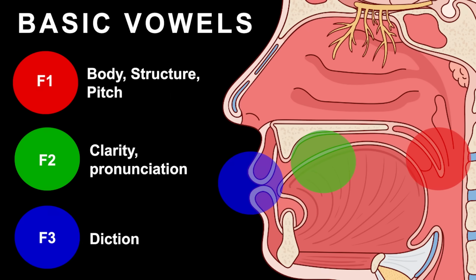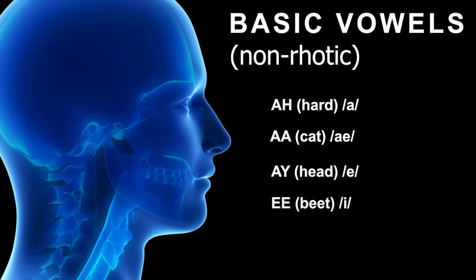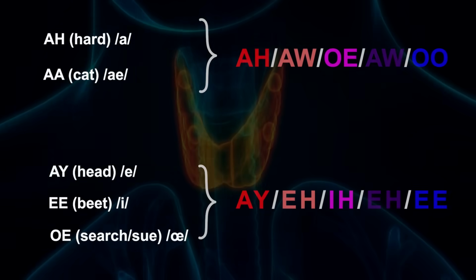All vowels can be separated into two types: front vowels, which ping in the second formant, the mouth, and back vowels, which ping in the first formant, the back of the mouth and throat. I like to limit the base vowel sounds down to R, A, E, and